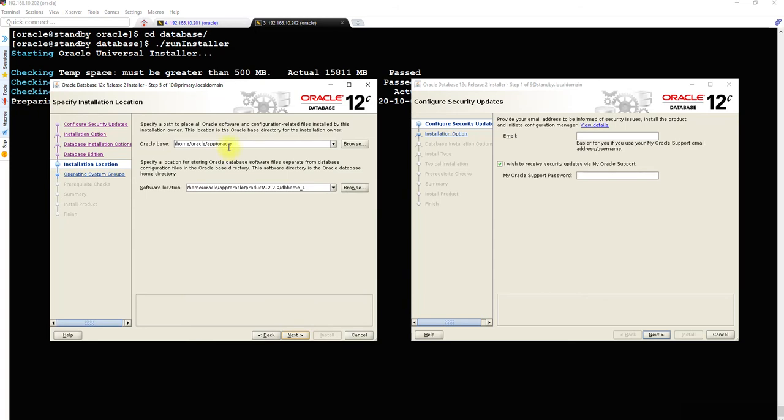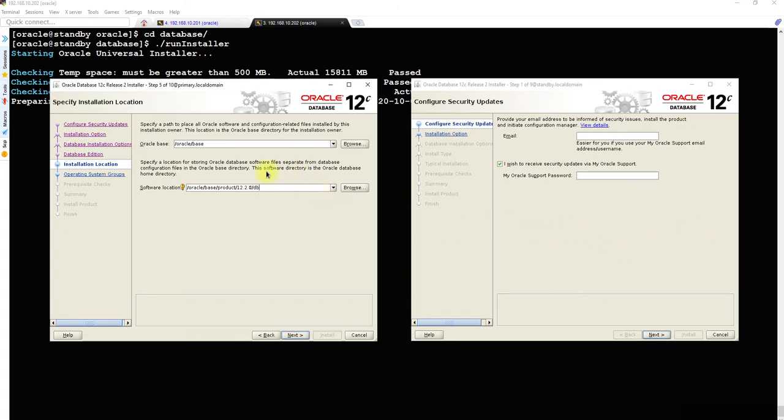Go ahead. Now here you need to stop and think about what you need to configure. Okay, so for me, Oracle base will be /oracle/base, and the database software location, or database home, you can call it, will be Oracle base product 12.2.0 DB. Okay, for this particular series, to set up the basic Data Guard, we are not actually creating different directory structures on both the environments. Otherwise you need to play around with the parameters.